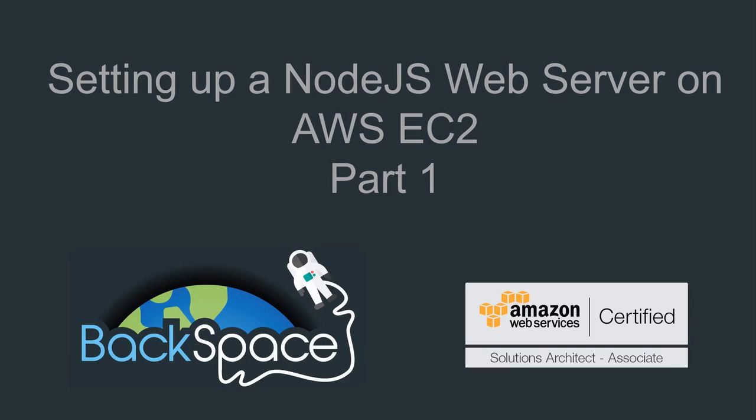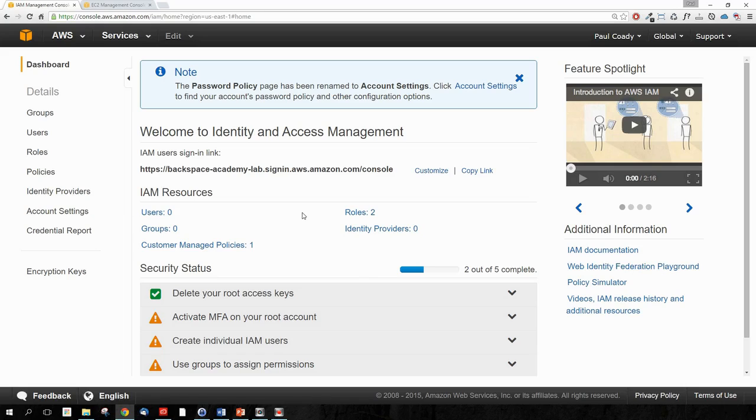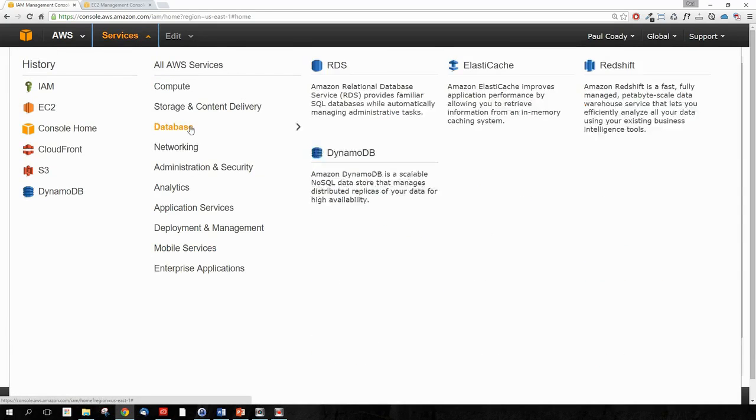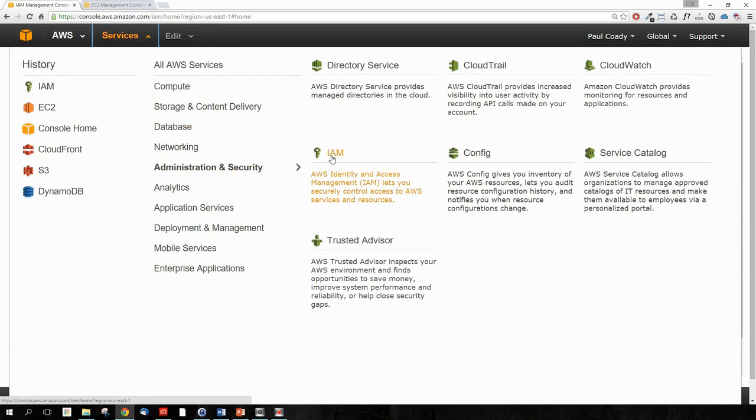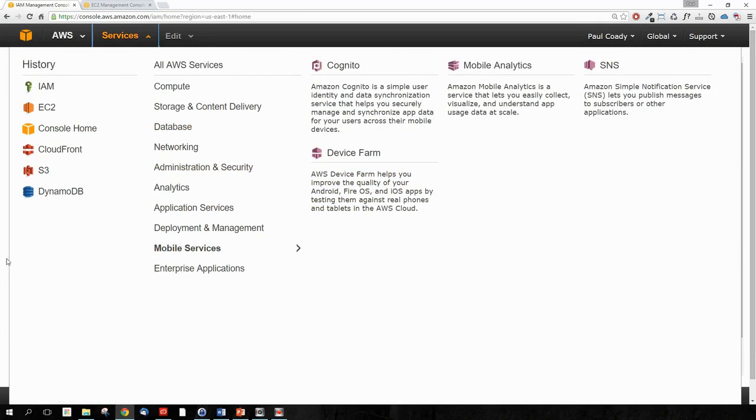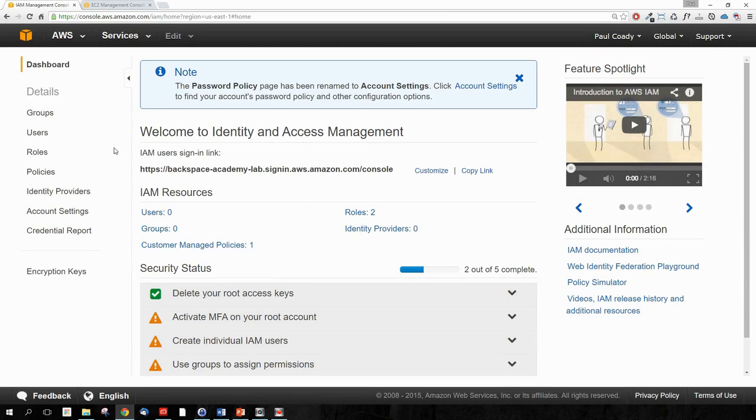So first thing we want to do is go into the IAM console. Okay, so we're in the IAM management console, so just get there from services, administration and security, IAM. So the first thing we want to do, when we've got a new account, is create a